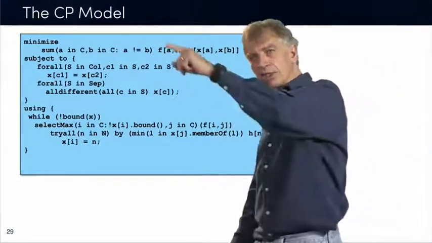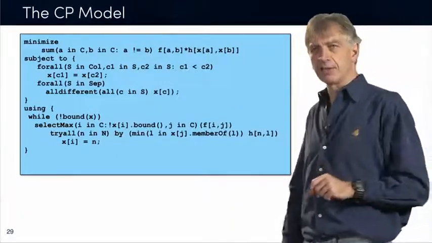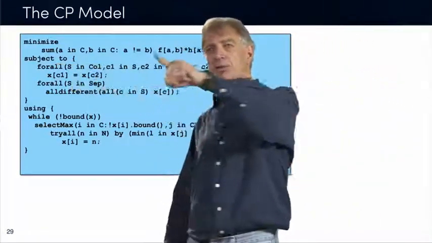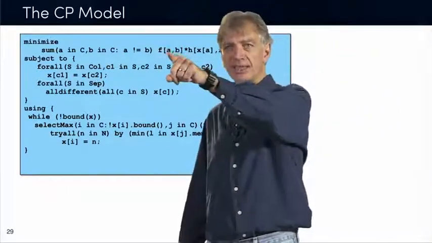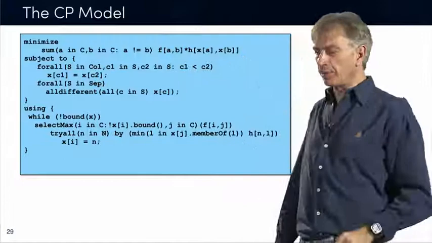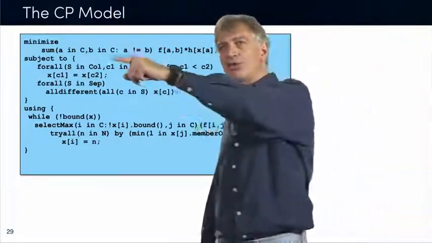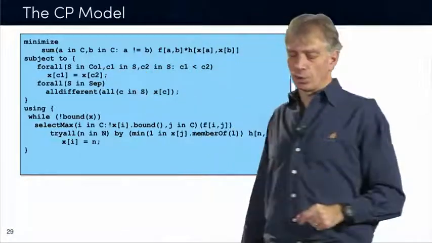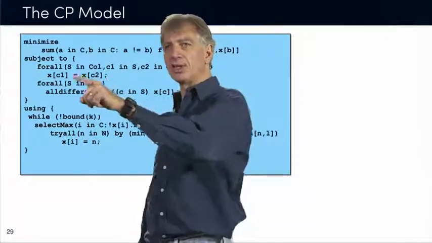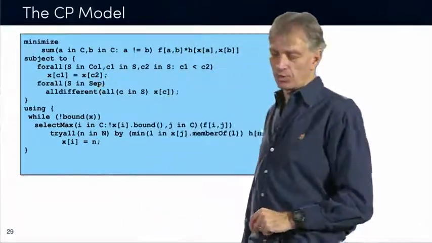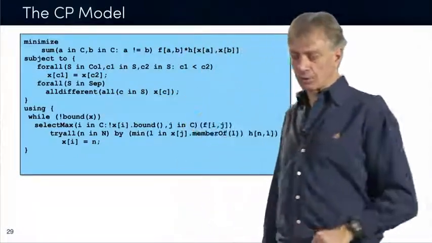The model is essentially a straightforward implementation of what I just presented on the previous slide. You see the objective function, which is a direct translation of the objective function that you saw on the previous slide. You see the matrix H there. It's a matrix indexed by two variables, so that's the element constraint that we saw a couple of lectures back. Then you see the two types of constraints: the collocation constraints, which tell you that two components which have to be collocated are assigned to the same machine, and for the separation constraints, what you have is basically all-different constraints.